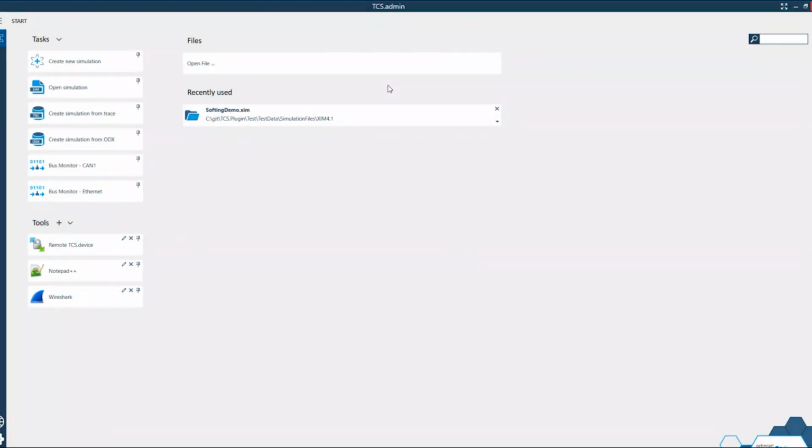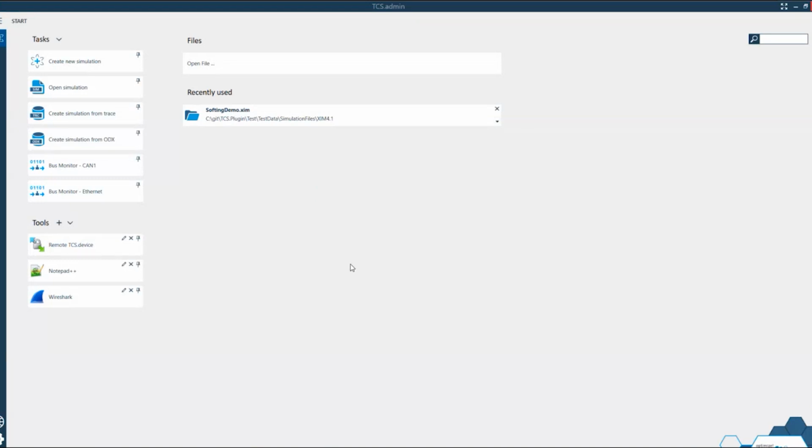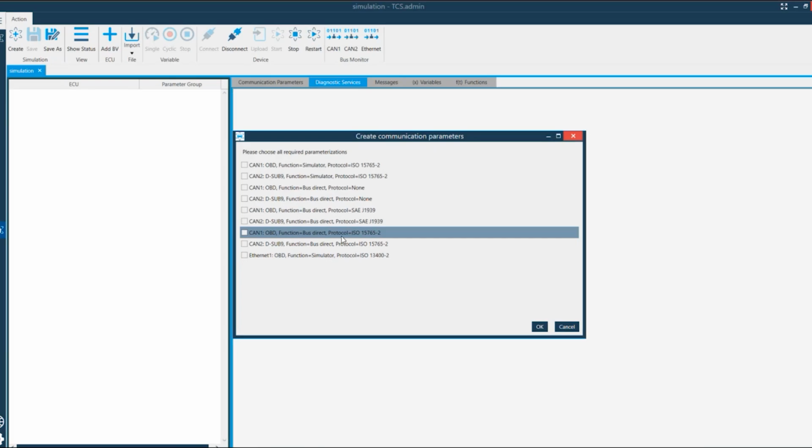So what we have to do, we want to create a new simulation based on a CAN communication from the test stand. Therefore, I press the first tile, create new simulation. I give it a new name, or just call it simulation. I have to check the correct communication combination. I want to simulate via